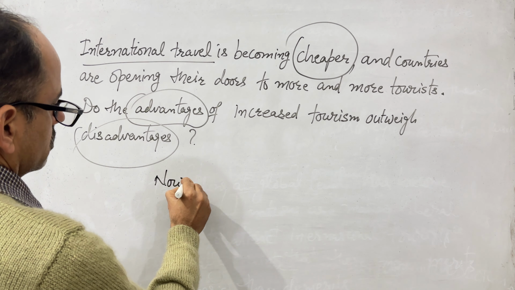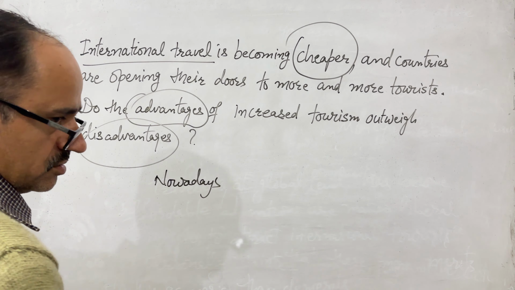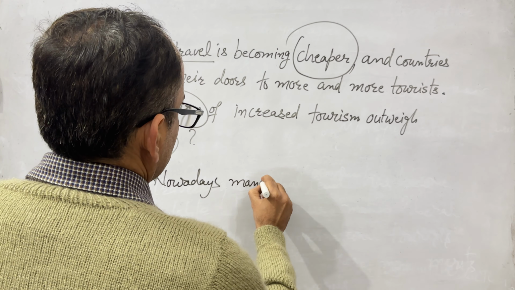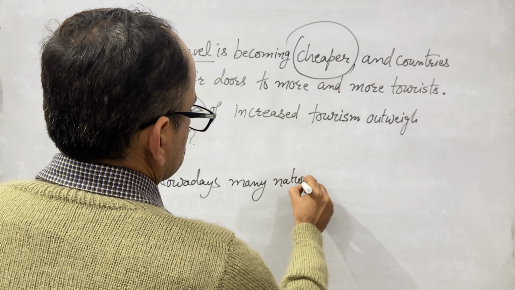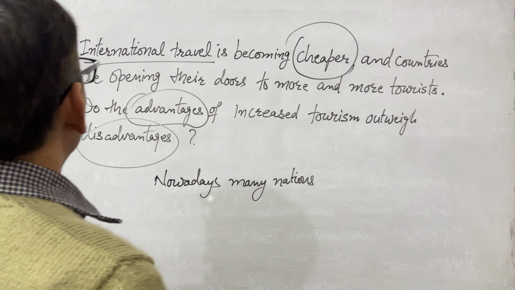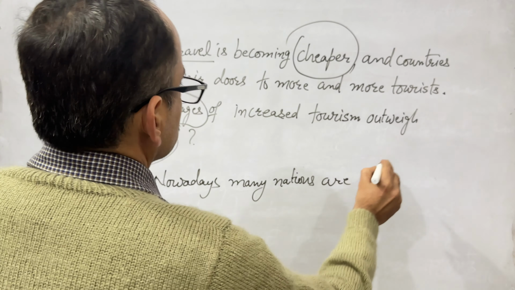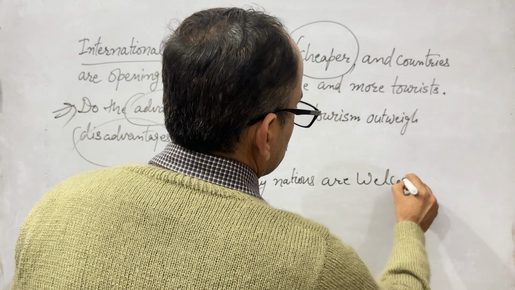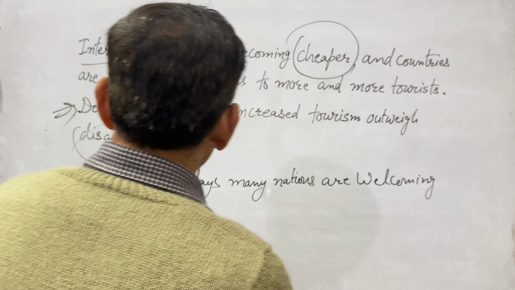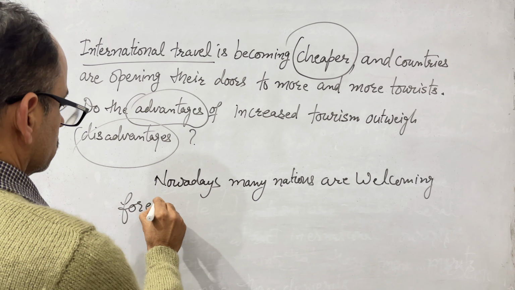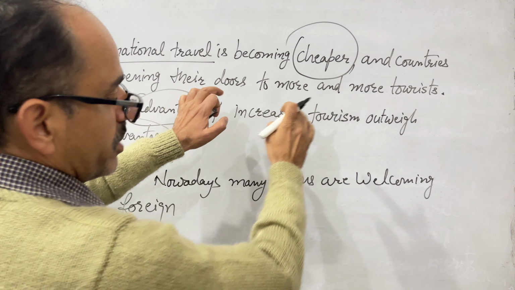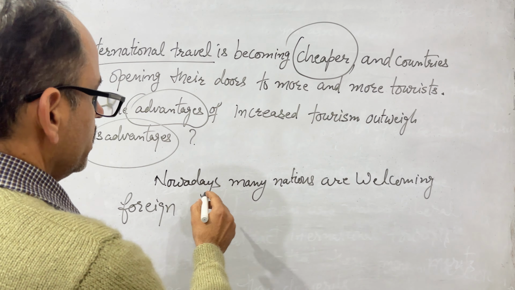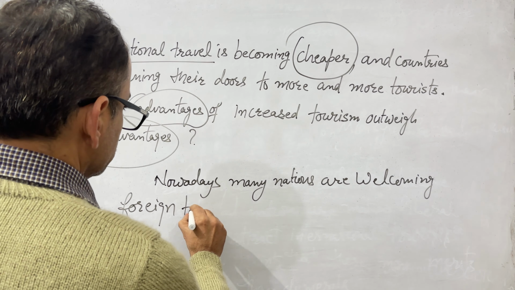Nowadays, or in these days, yeah, in the modern times, nowadays many nations are welcoming foreign tourists. This part is I am paraphrasing. So many nations are welcoming foreign tourists